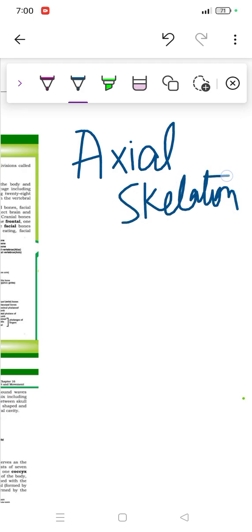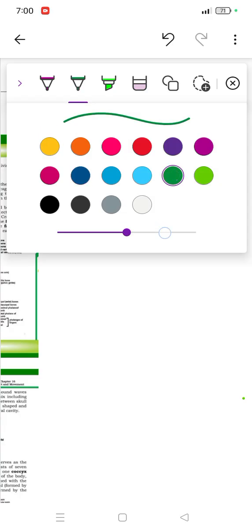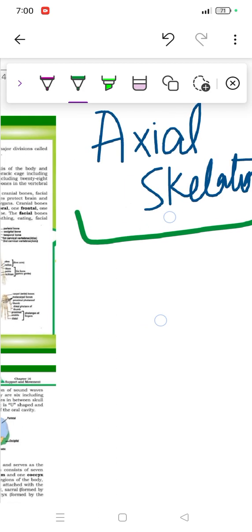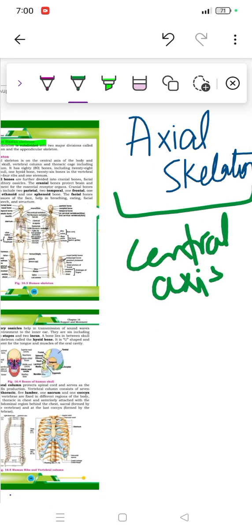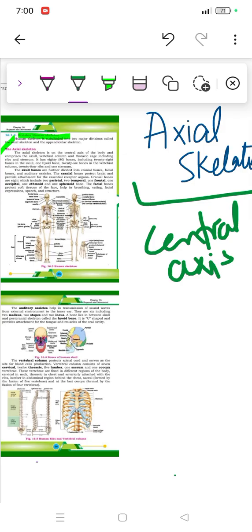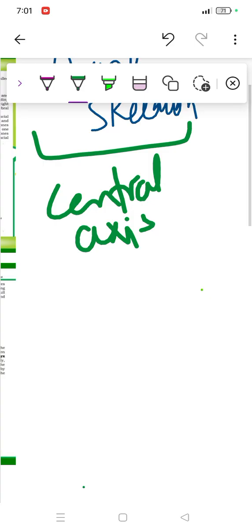Very important points. First I'll tell you, then we'll read out from our book so that we understand it more nicely. So axial skeleton means all the central axis part. We know appendicular is about the remaining limbs and the hand, but the main central axis is about the axial skeleton. This means all the central part of our body is in the axial skeleton, either the skull, vertebral column, thoracic cage, ribs, sternum, all these structures. So if I just write it, axial,